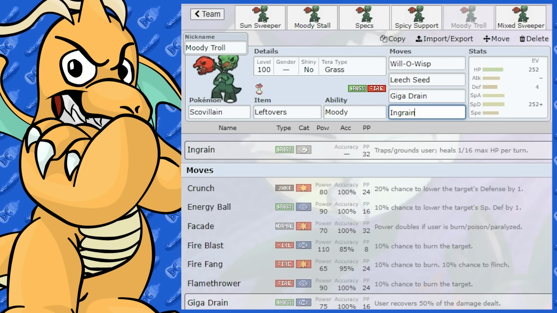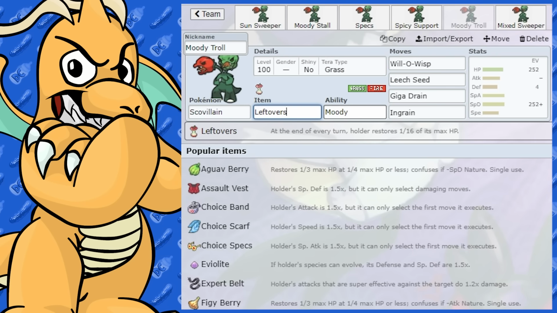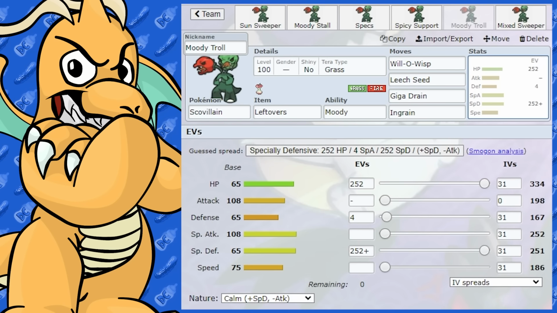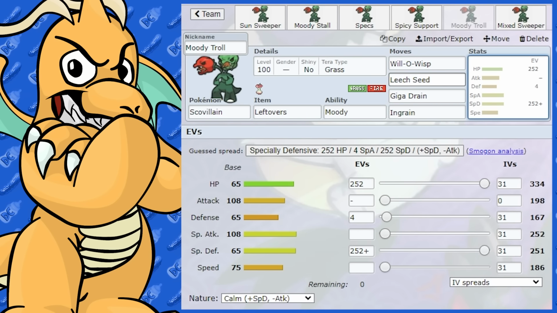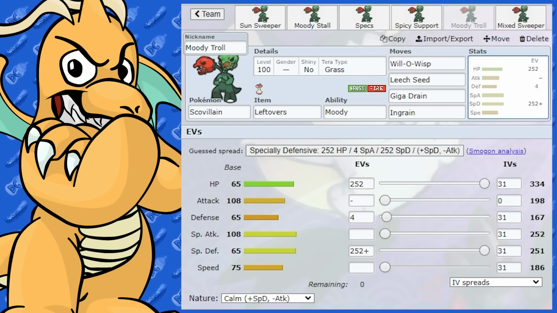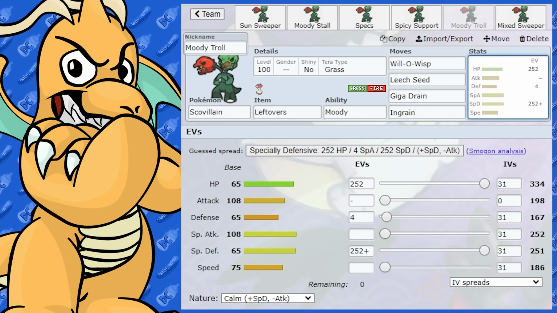So how about we go Ingrain, Leech Seed, and Leftovers all at the same time for Mega Sustain? And then you could give it Giga Drain, right? And you could also give it Will-O-Wisp too, to make it really, really bulky against physical attackers, and you could really shut them down there. And you could get your health back with Giga Drain, and actually, this thing would be quite unstoppable. There'd be clean counters like Sap Sipper Pokemon, but I see this set, it is a bit of a troll